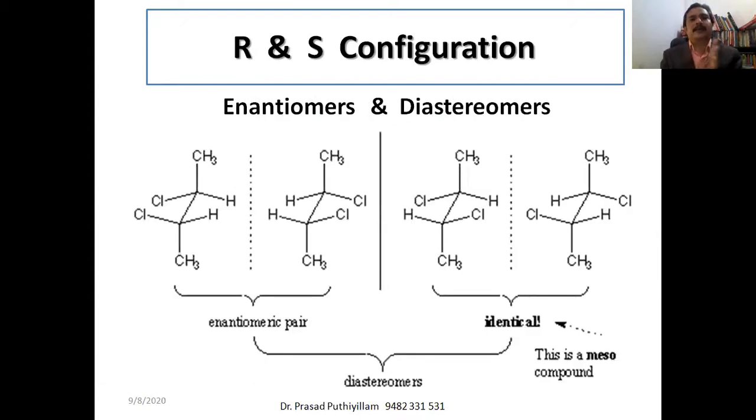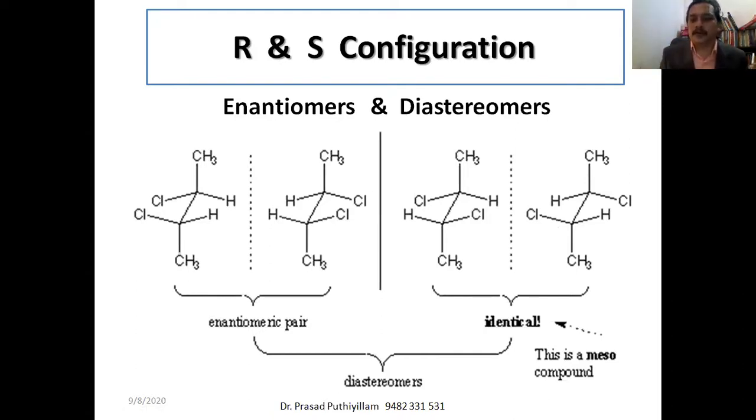Okay, the last point is to explain what enantiomers and diastereomers are. I think I can give a model representation for that, so I will get ready for that. Here, those two molecules are enantiomeric pairs. The first two cases are enantiomeric pairs, whereas here they are not. They look like mirror images, but they are the same molecule. You can rearrange it and they are superimposable. Therefore, they are the same molecule.